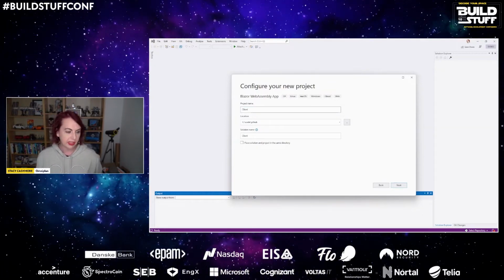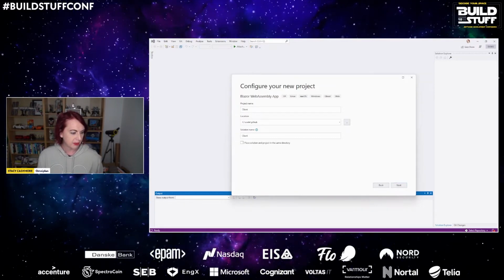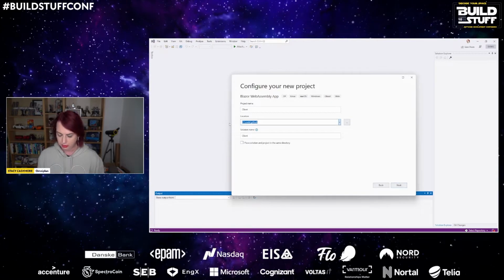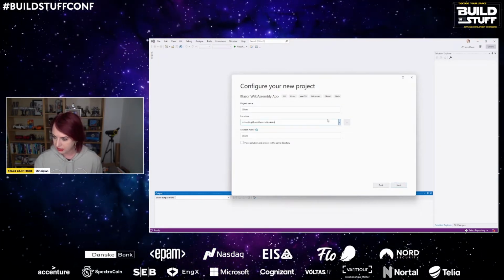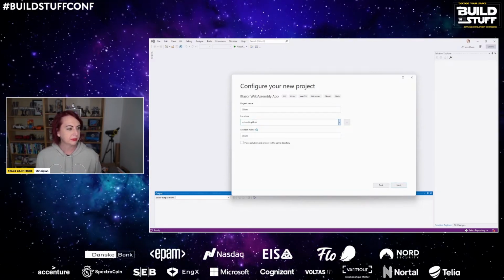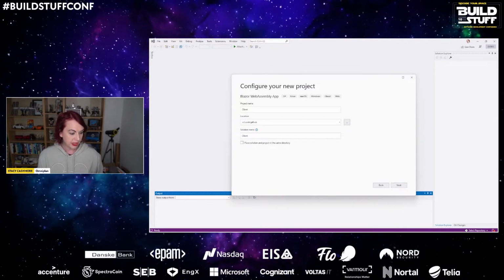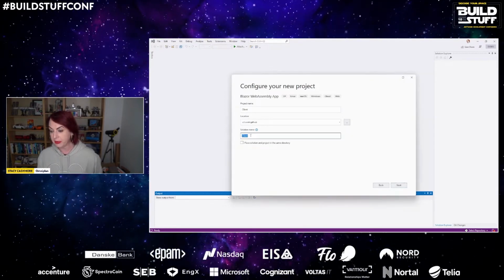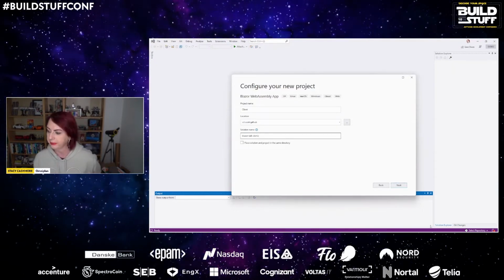So we want to call this client. And then just to make sure that my GitHub repo works as it's supposed to do, we just need to make sure that we put everything in a very particular place. And that's not the place that I want at all. That's the place that I want. And I do, though, want to call the solution name Blazor Demo. This isn't important for a static web app. This is just important to make sure that everything works smoothly.